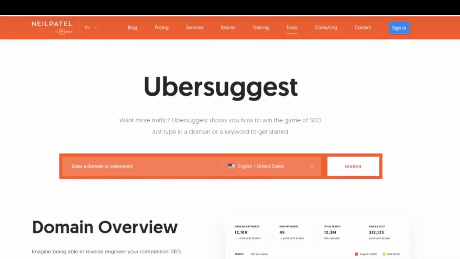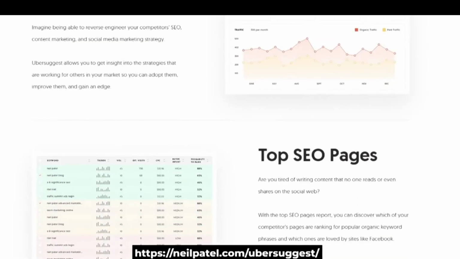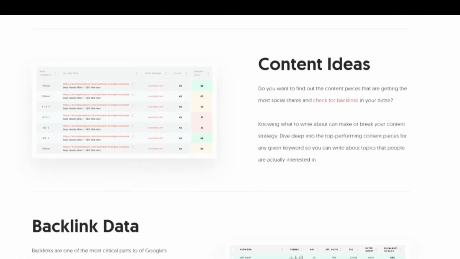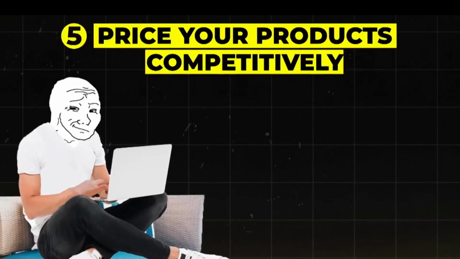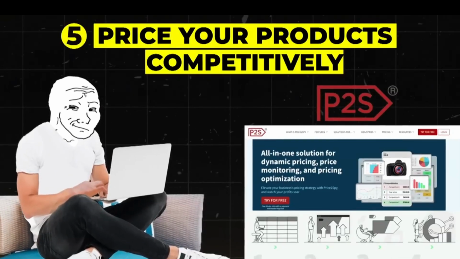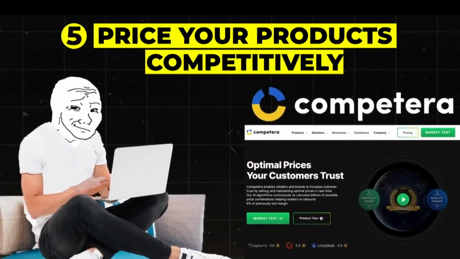So AI-powered keyword research tools such as Ubersuggest can help you identify relevant and high-ranking keywords for your Etsy listings. These tools can basically provide insights into search volume and related terms to optimize your listing for better visibility. Then you want to price your products competitively. So AI-driven pricing algorithms can analyze market data and competitor pricing to suggest optimal pricing strategies. Tools like Price to Spy, for instance, or Competera can help you determine the competitive pricing for your printables